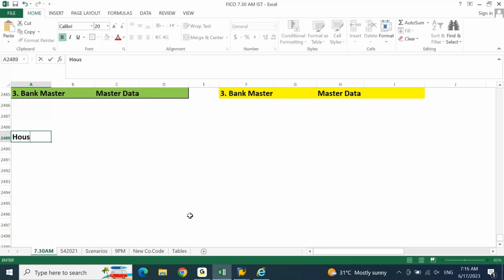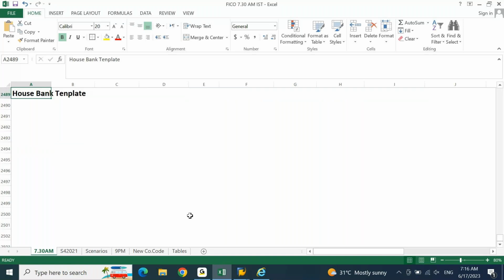Let's say house bank template. If somebody is asking you how do you create house bank, you must talk about this house bank template. Without the template, you will not be creating, because in this template your client will provide the data of their bank accounts to you. So as a consultant, you must prepare this template, share it with your client in any